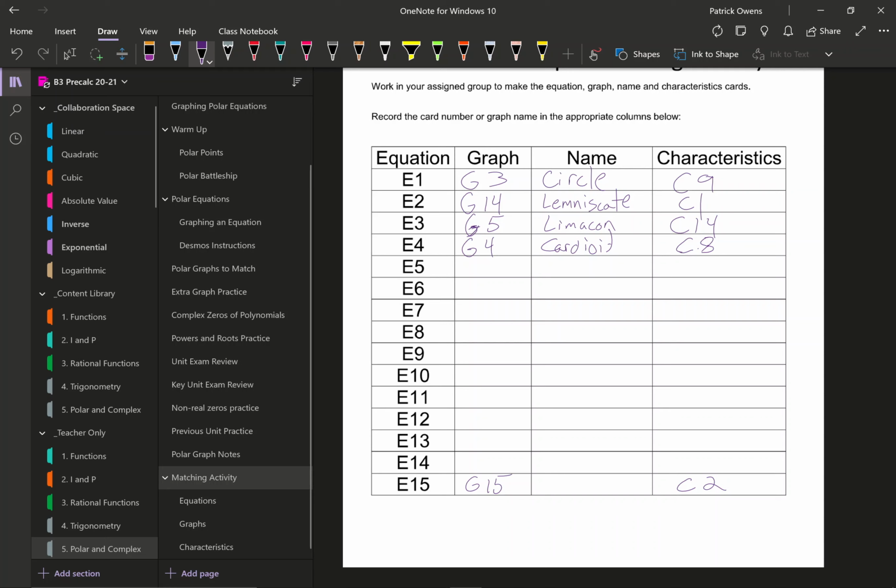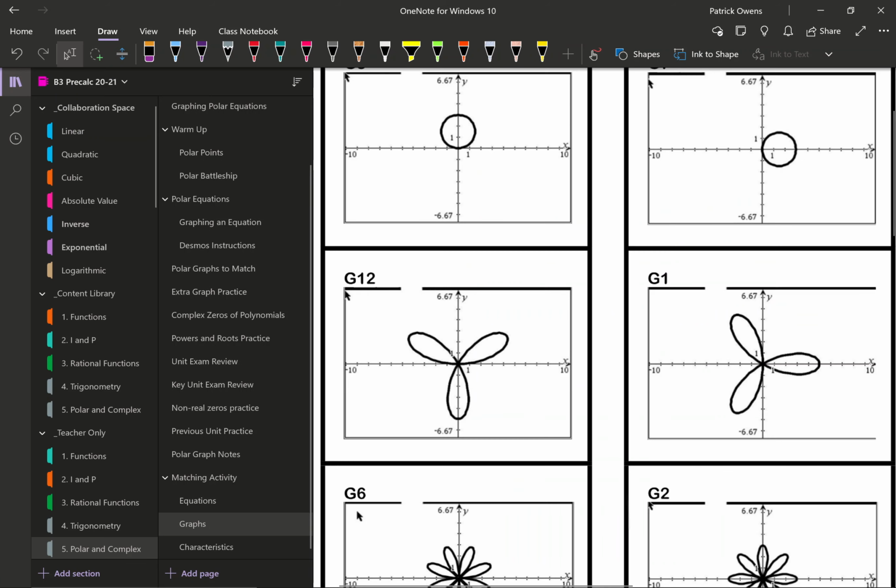I'm not sure why these aren't in order. Okay, 5 sine of 3 theta. As we're looking at this, we want to look for a rose curve. So we know that this is a rose curve. I'm not sure why my pen is not cooperating here. So 5 sine of 3 theta. So we come and look at our rose curves, these 4 that we have, and